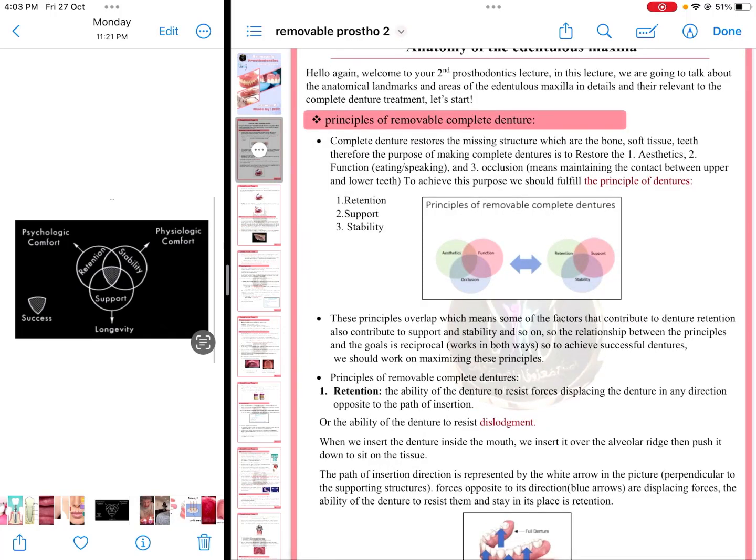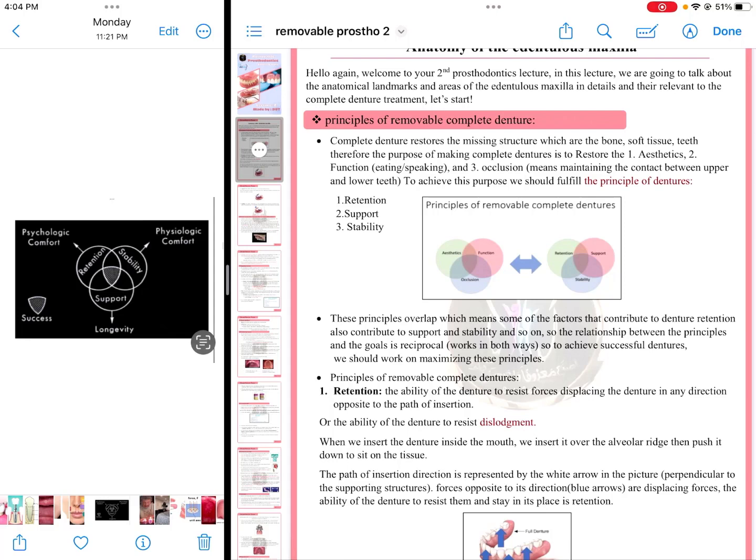So in today's lecture we are going to talk about the anatomical landmarks and the area of the edentulous maxilla. So we know that we have a maxilla and mandible, right? Okay, and we defined the meaning of edentulous in the last lecture, and we said an edentulous patient is a patient that lost all of his teeth, يعني حتى واحد it's not remaining. Okay,